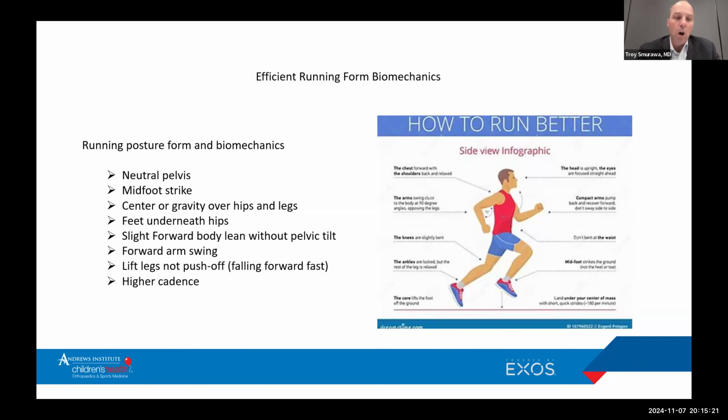And so when you get off the bike, especially after doing a long distance triathlon, you may have been on the bike for several hours, and now you have to adjust your body to running more efficiently in a better running form. So it's very important that you understand your running form, body posture, and biomechanics, so that when you jump off the bike into your running leg, you are maintaining a proper running form.